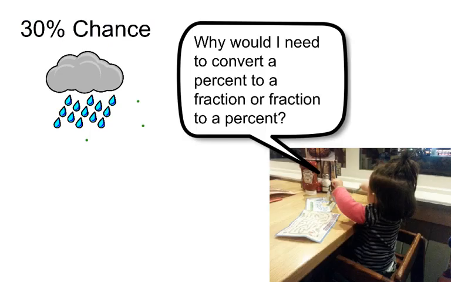So a common question I get is, why do I need to convert a percent to a fraction or a fraction to a percent? Well, sometimes it's easier to look at a percent as a fraction or a fraction as a percent. You've probably heard the weather person say there's a 30% chance of rain. Now what that means is 30 per 100, which is 3/10. And you would, of course, get that by reducing it, dividing both sides by 10, and having that knowledge that 3/10 times 10/10 gives you 30%